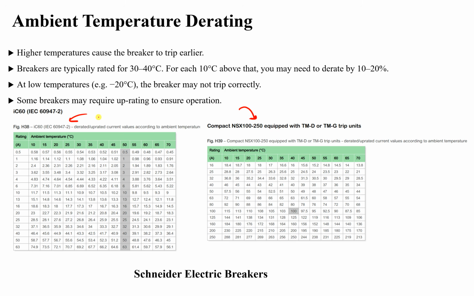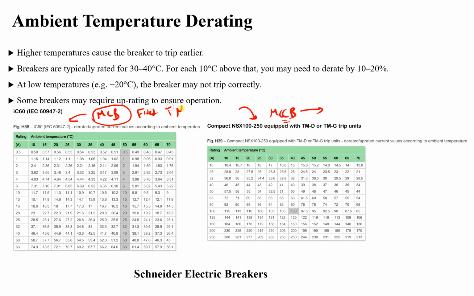This one is a miniature circuit breaker and this one is a molded case circuit breaker. This one usually is used for simple applications like residential and household. This one is used in industrial applications. Now we will find that this one also has lower ratings, lower short circuit rating or ultimate breaking capacity, and also lower nominal current. This one here has a higher current, and not only this,